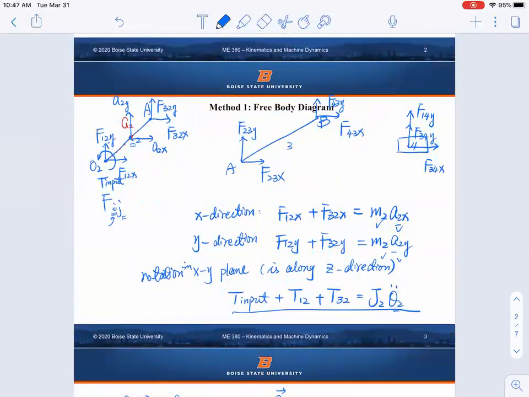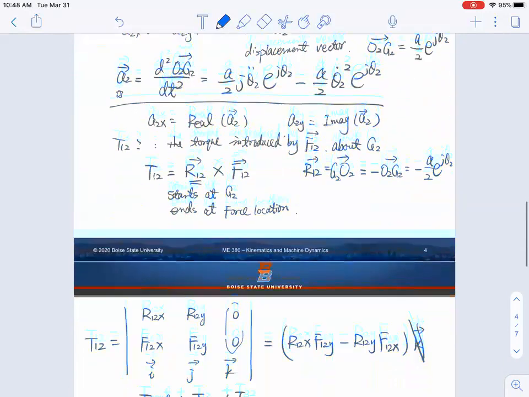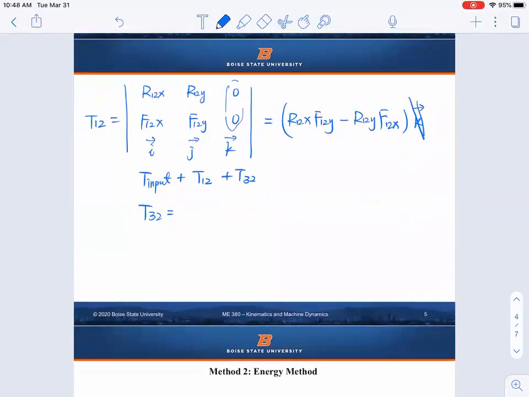If you look at your F12 and F32, they're symmetric about your G2 point. So when you calculate your torque, you don't have to do anything special. You just replace all the subscripts from 12 to 32. So it becomes R32X F32Y minus R32Y